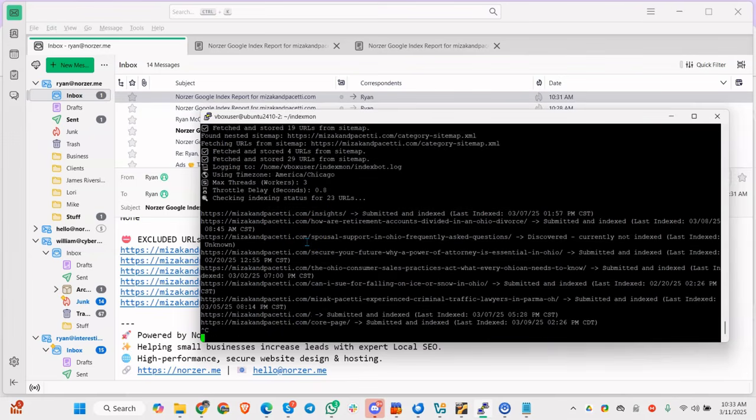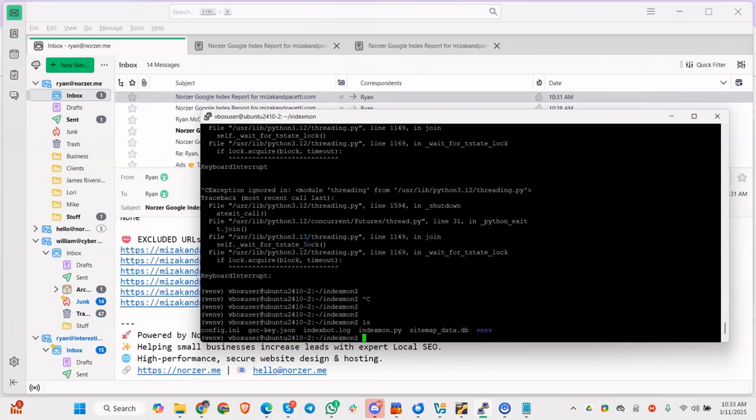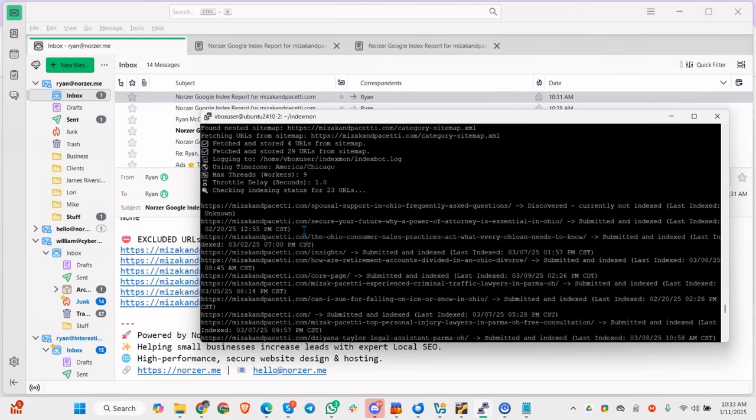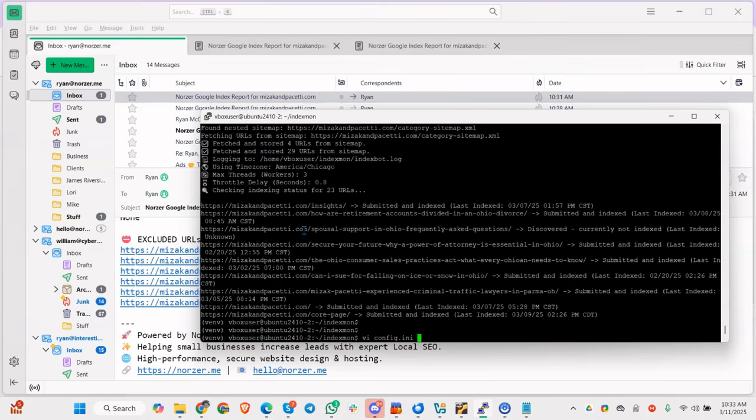Okay, so you get the idea. We don't need to wait for it. Now let me show you, if you want to troubleshoot things, you can always look at cat index bot.log. Right, so this is basically an output of everything. It includes a little bit more verbosity as well. So if you want to, let's say,